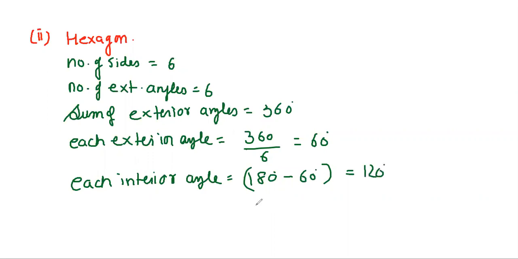But I am asked to convert this into radians because he has asked us to find each angle in radians. Now see what I will do, 120 degrees into pi upon 180. Now I know that 180 and 120 both come in the 60s table: 60 twos are 120, and 60 threes are 180. So I can write this as 2 pi upon 3 radians.